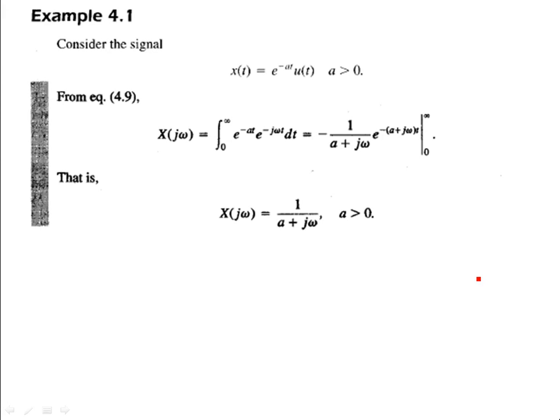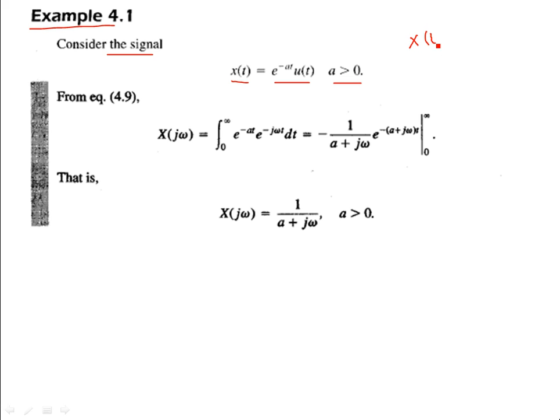Examples to understand and get some insight into the Fourier transform. So this is example 4.1, and we're given the signal x(t), which is a one-sided signal, and a is some positive quantity. This is an exponential signal, which is decaying on the positive time axis for some positive quantity a, and you can see that x(t)